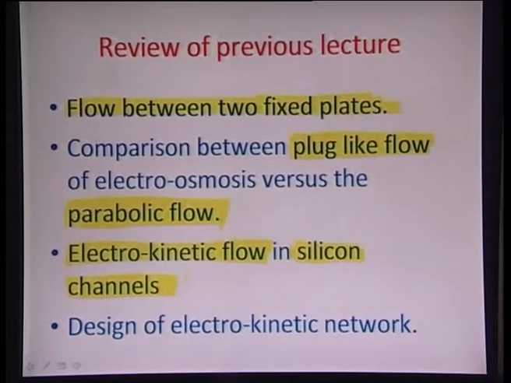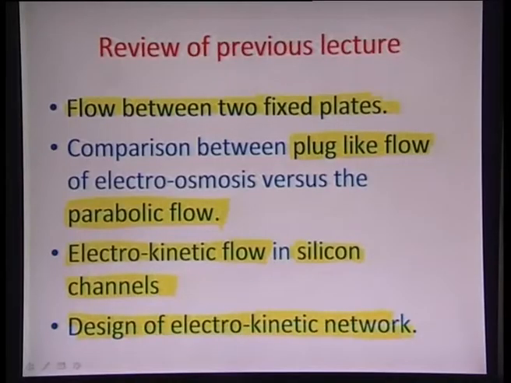And essentially a negative charge is developed on the silicon surface, and because of which, whenever there is water or any other constituent flowing within the microchannel, there is almost always a diffuse layer created in the bulk, and as it moves by an external voltage applied perpendicular to the cross section of the channel, it drives the fluid along with it and essentially goes from one end to another. So we were just about to discuss the design of electrokinetic networks in such flow applications,